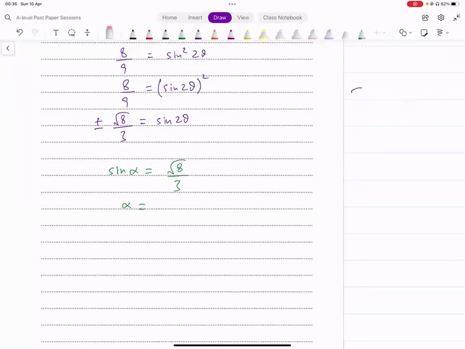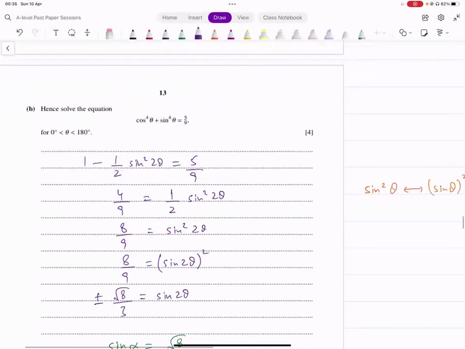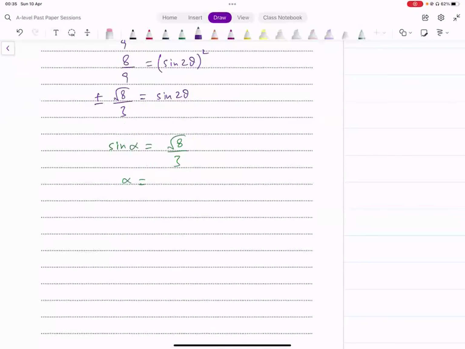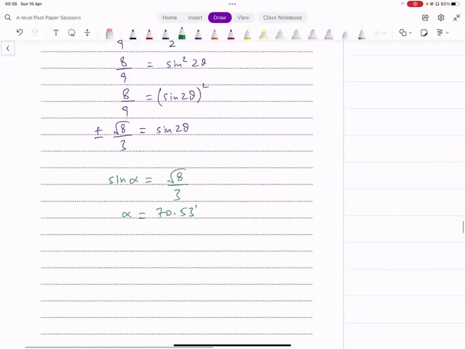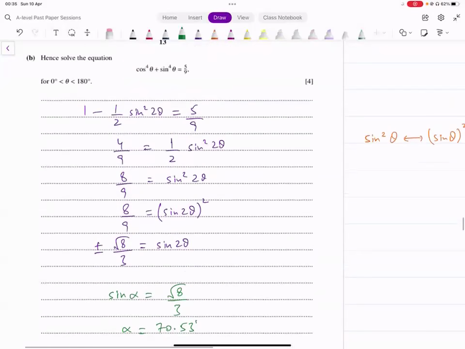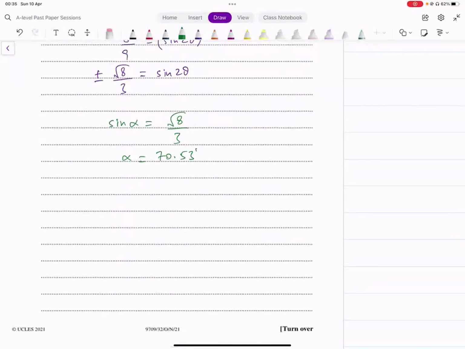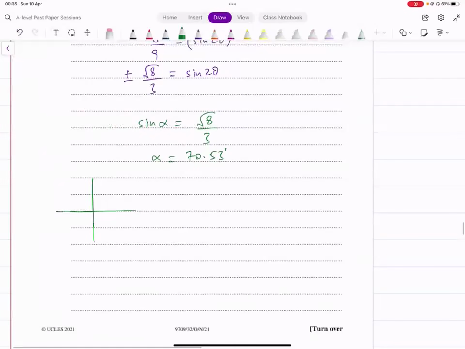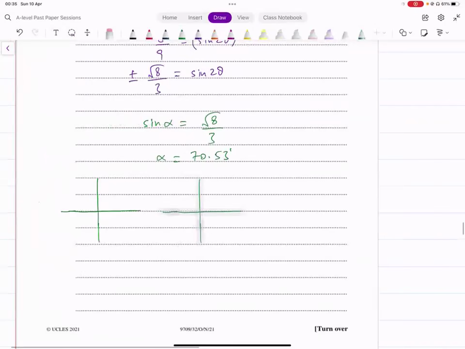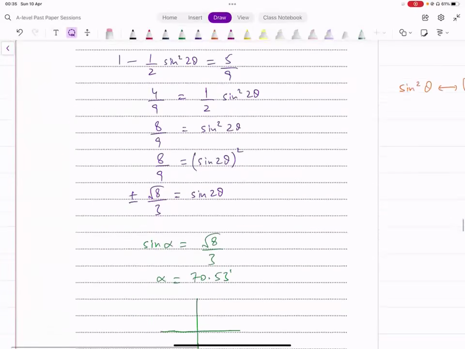ओके, ये ट्रिग्नोमेट्री यहाँ पे डिग्रीज के अंदर क्योंकि उसने इंटरवल दिया हुआ है, इसलिए हम डिग्रीज यूज कर रहे हैं। तो बेसिक एंगल टर्न्स आउट टू बी 70.53 डिग्रीज, दैट्स द बेसिक एंगल। ओके, 70.53, ये हमारे पास आ गया। अब हम क्या करेंगे, हम क्वाड्रेंट्स में देख लेंगे। साइन इज बोथ पॉजिटिव एंड नेगेटिव, पॉजिटिव भी हो सकता है नेगेटिव भी हो सकता है, यहाँ पे तो दोनों हो सकते हैं।